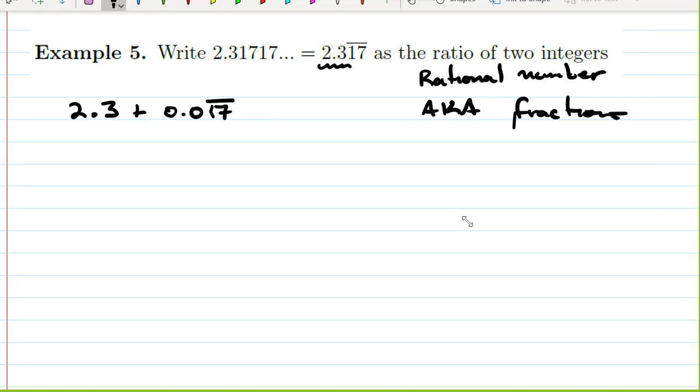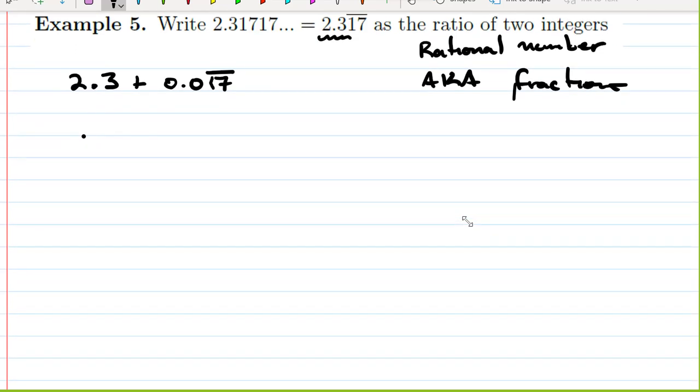So the way we're going to do this is we want to focus on the part that repeats. So we need to write each of these as fractions. So we have the 2.3, so that's 23 over 10 plus,